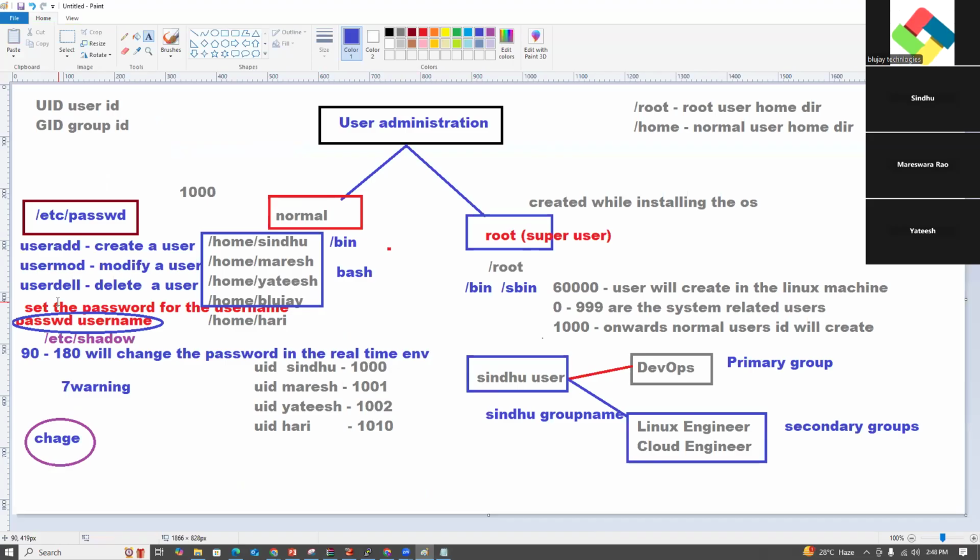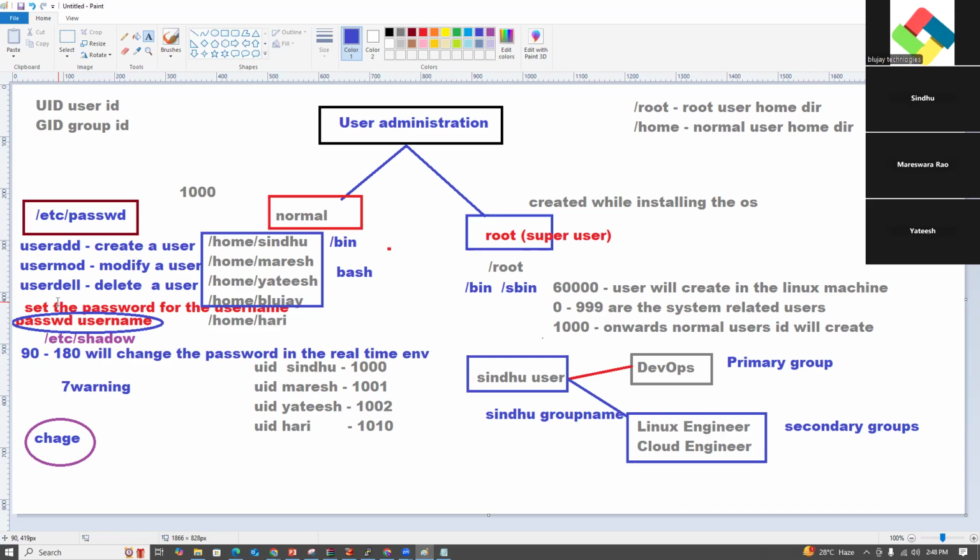Just useradd, usermod, userdel, passwd, chage, groupadd. The group information is available under /etc/group. The user information is available under /etc/passwd. The password information is available under /etc/shadow. Okay, guys, understood?